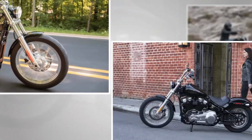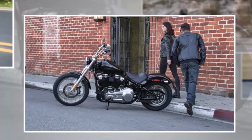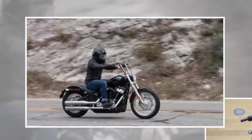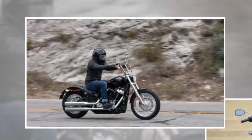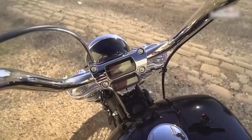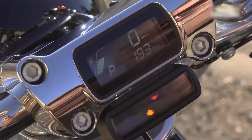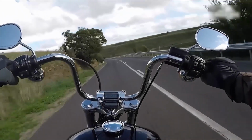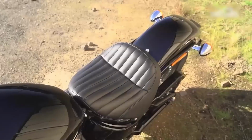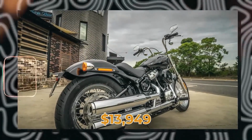In terms of onboard features, the Softail Standard is notably sparse. Unlike many modern bikes that offer cruise control, traction settings, or USB ports, this model has none of these conveniences. In an era where even budget motorcycles include tech options, the Softail Standard feels outdated. This minimalist approach might appeal to purists, but for many potential buyers, the lack of basic amenities made the bike feel out of touch. Price-wise, the Softail Standard starts at